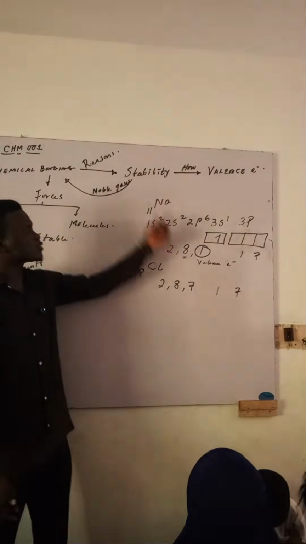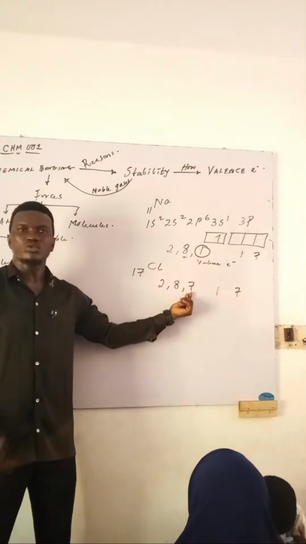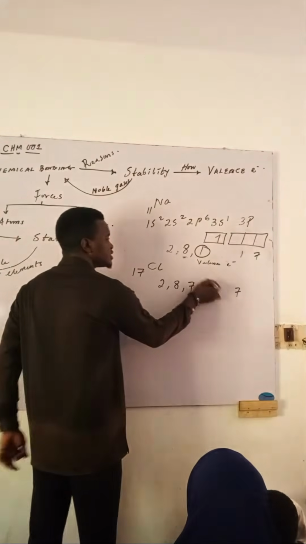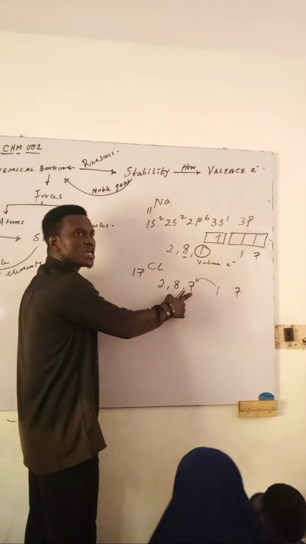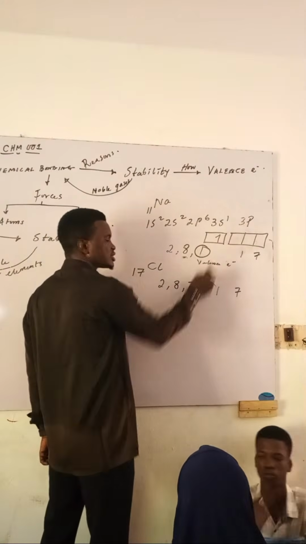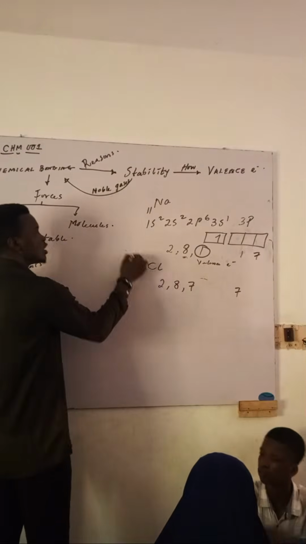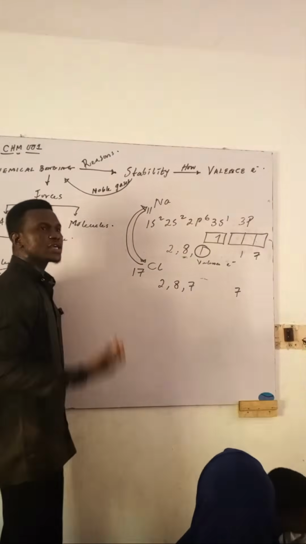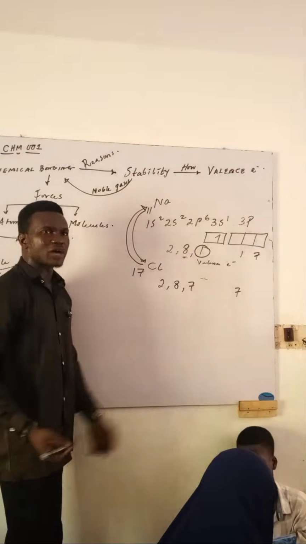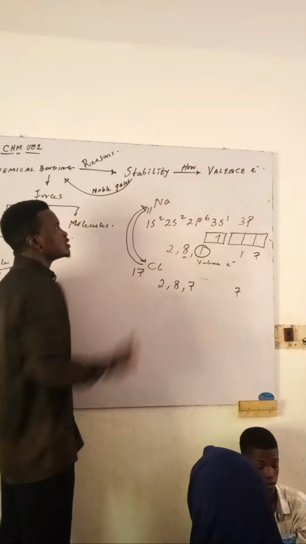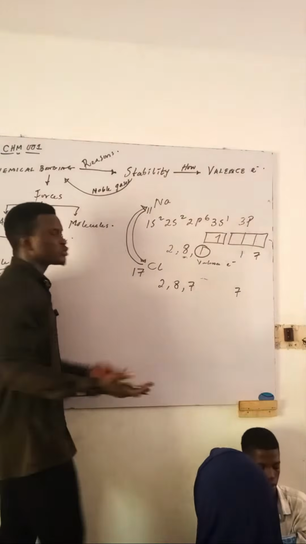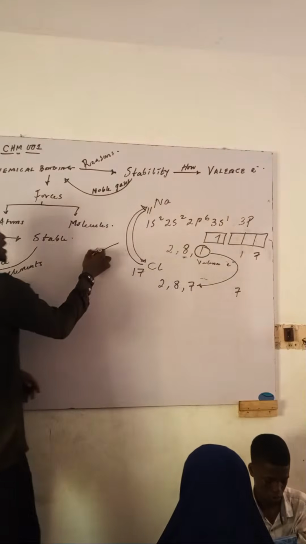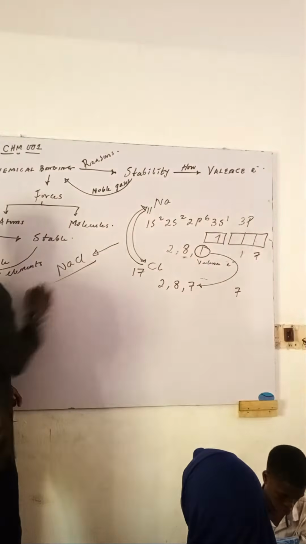And this one will now prefer to lose that one. Why will this one not want to lose 7? Because you are going to spend energy. But you can easily add 1 to this guy so that it becomes what? 8. But you can't easily add 7 to this. Meaning that chlorine and sodium will now look at each other and wink at each other. Hey dear, can I get 1 electron from you? Who is asking that question? Chlorine. Sodium, well, for me to be stable too, you can have it. Both of them will now come together and give birth to a child called sodium chloride.